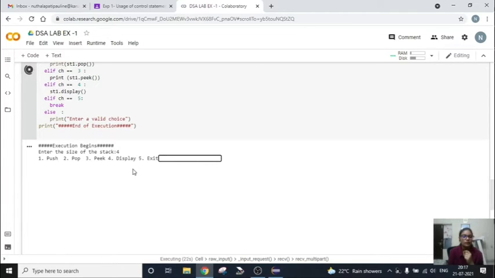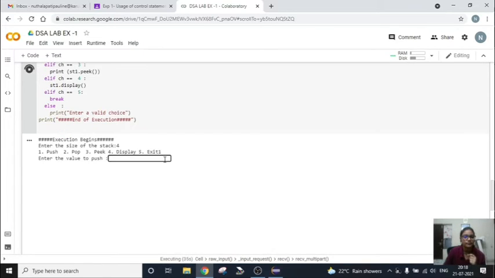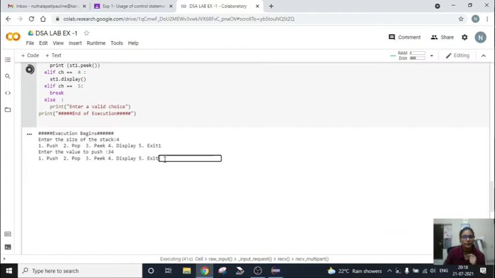So let's see first the push condition. Since the stack is empty, we are going to fill it first. So we are going to push the elements first. Selecting number 1, it is asking to enter a value to push. So let's give 34. Let's push some values so that the stack will be full.